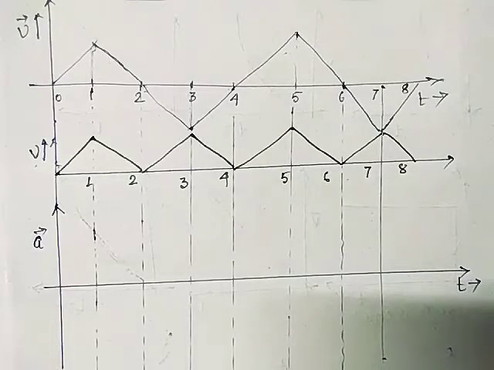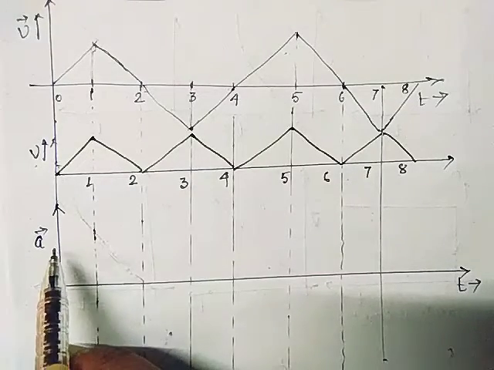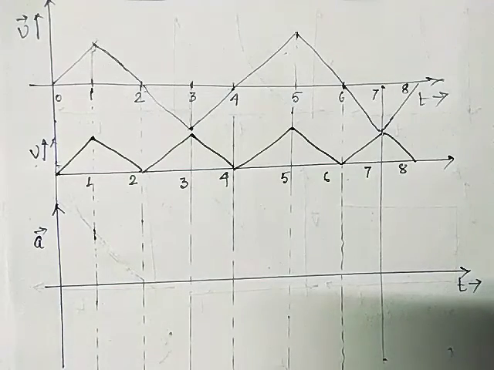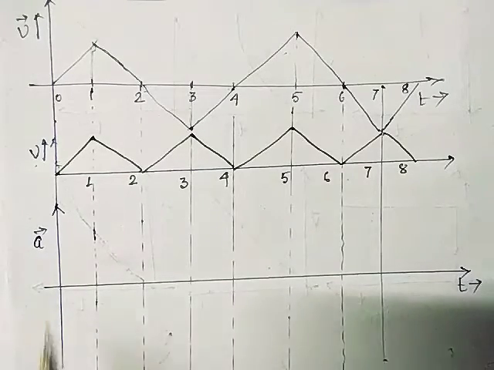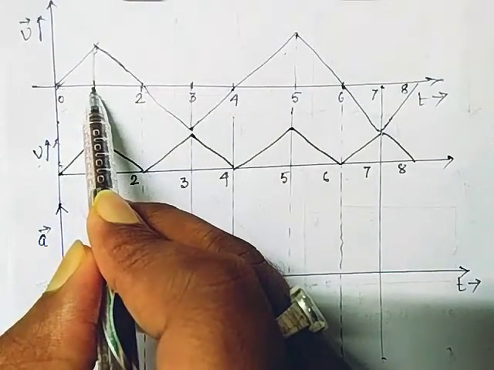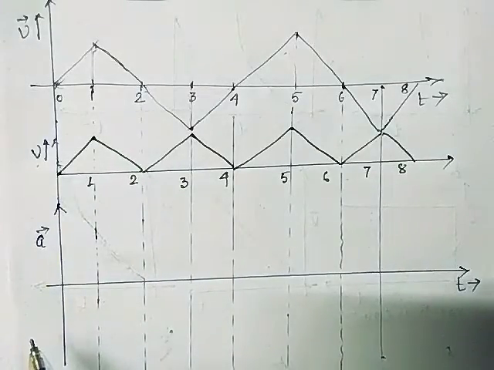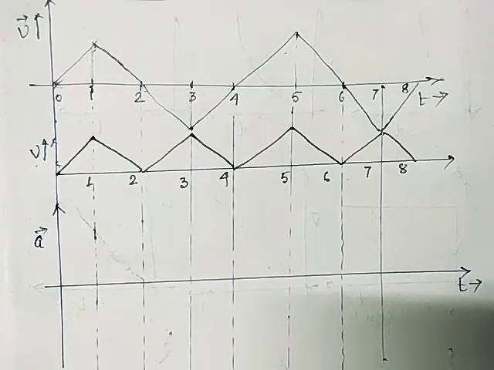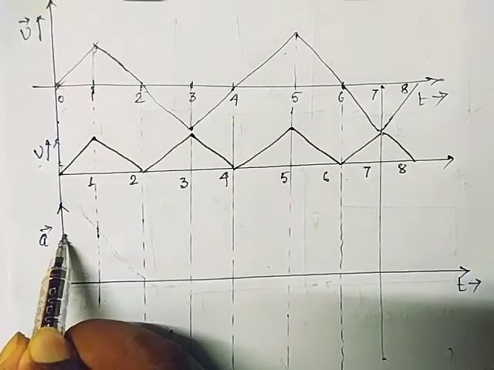Now if I consider the acceleration, just see the acceleration versus time. Obviously it is a vector quantity, so we consider when the velocity is changing in the positive direction and when the velocity is changing in the negative direction. Now it is important. The velocity is increasing from here to here within this first time interval. Velocity is increasing at a constant rate. The rate is not changed, so you can say the acceleration is constant here, so it is like this.